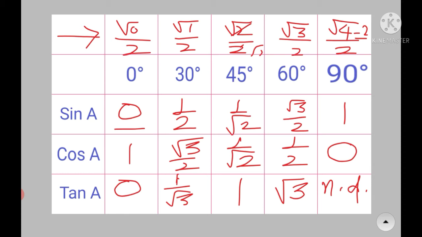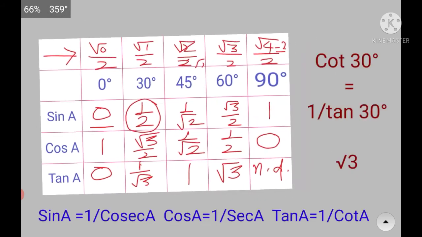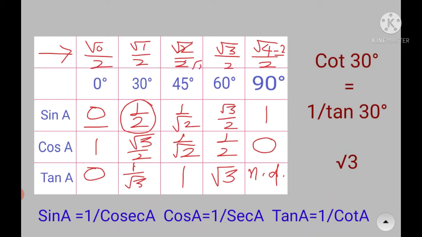Now to write down the cosecant value, you know that it is reciprocal of sine. So suppose you want cosecant 30. Just in your mind think that cosecant 30 is reciprocal of sine 30 and since sine 30 is 1 by 2, so cosec 30 is going to be 2. So this is how you are going to use the value. Suppose you are supposed to find out say cot 30, so you can think of tangent 30 which is 1 by root 3, so cot 30 will be root 3. So I hope you get it.